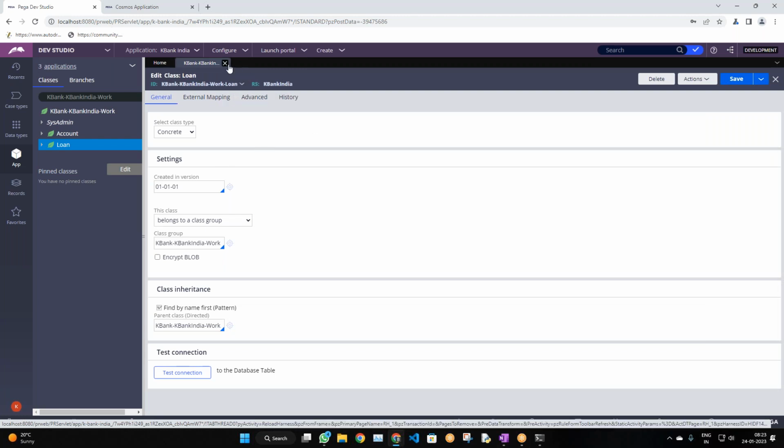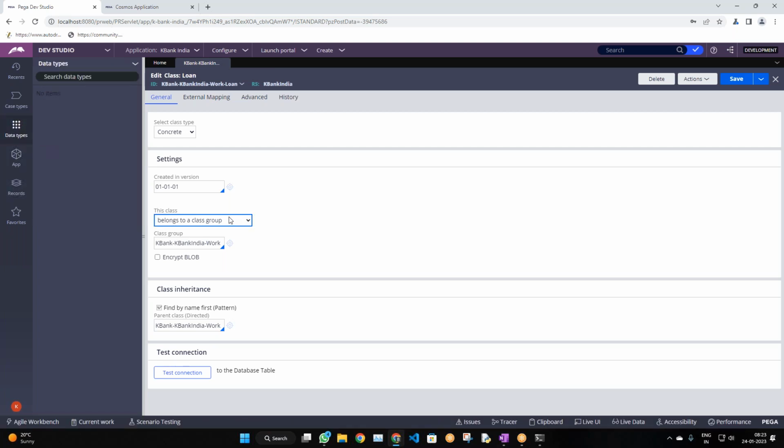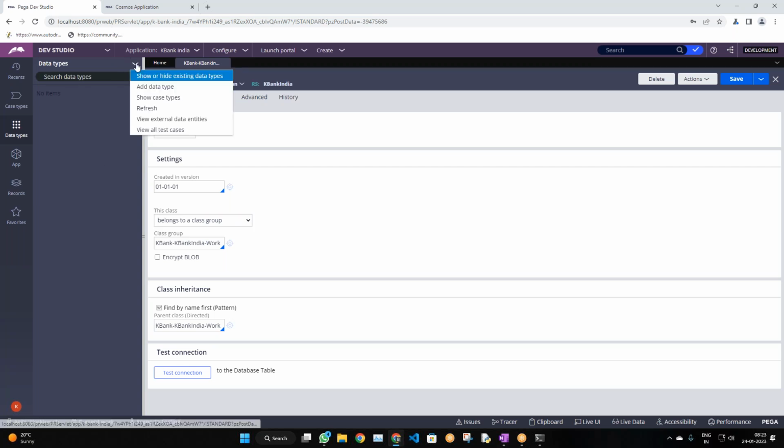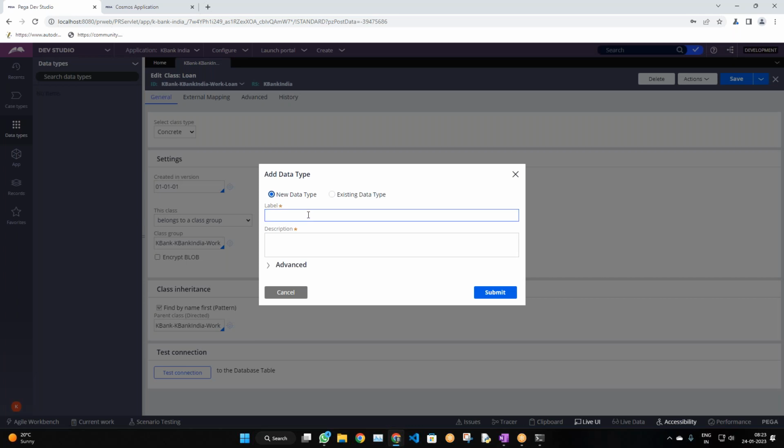So usually we use the data classes which do not belong to the class group. Why do we need to use the data classes which do not belong to a class group? Suppose I create a data type. So a data type is nothing but a data class, where we use it to store and retrieve